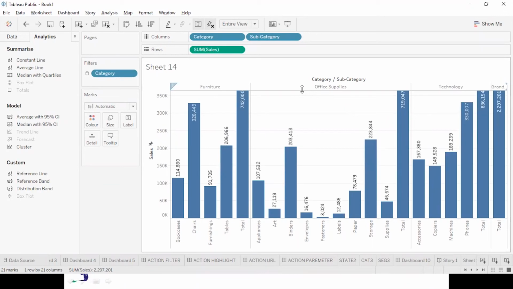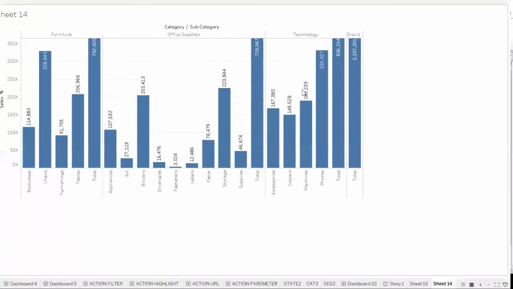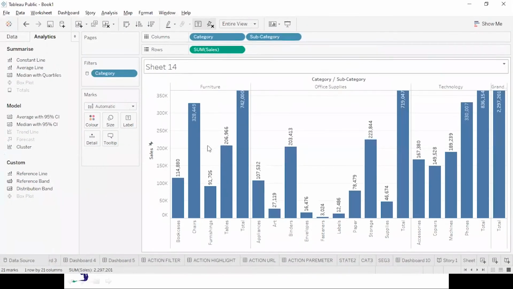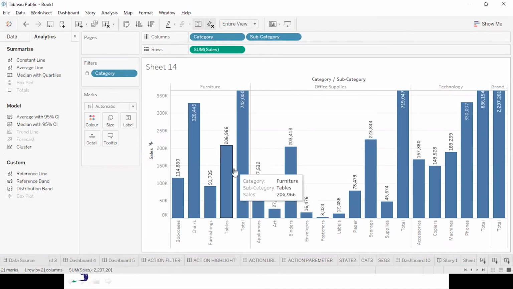So you are getting the total as well as the grand total over here, and you will see that the bars are still appearing bigger. They have not become very small now. So this is the benefit of fixing the axis, and here it can be used. So we have seen few things from this summarize.